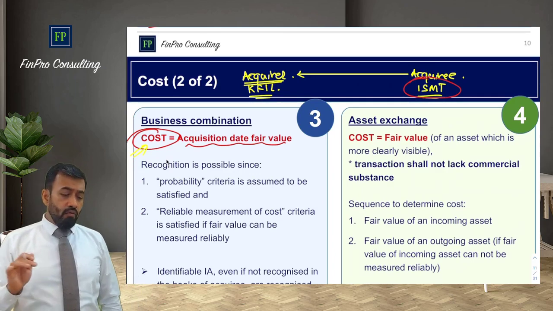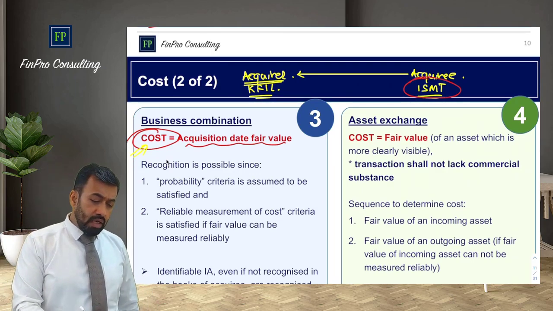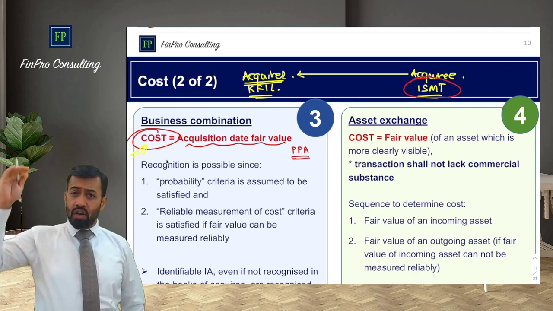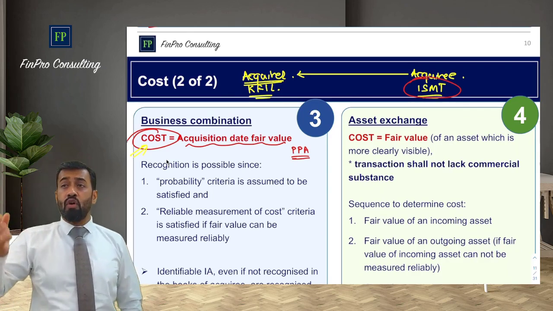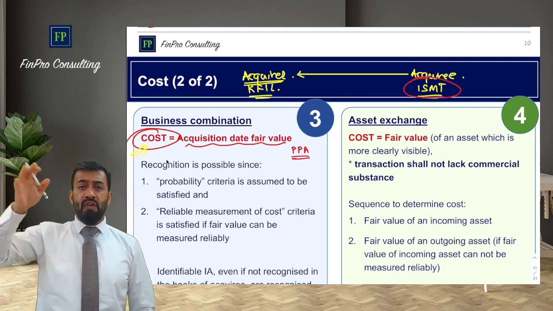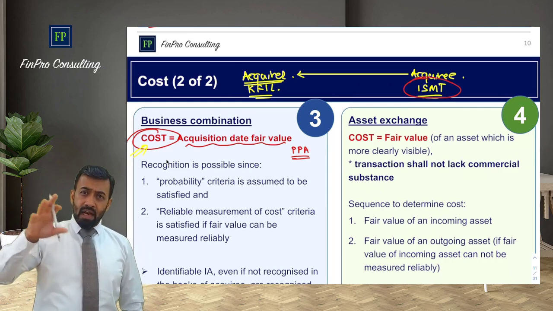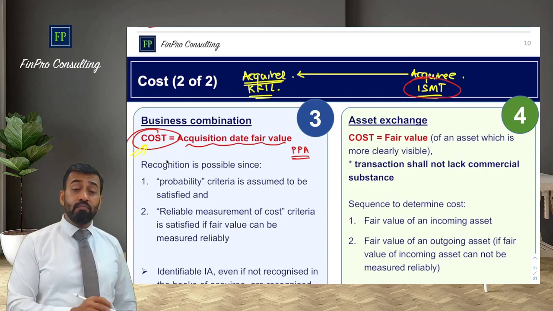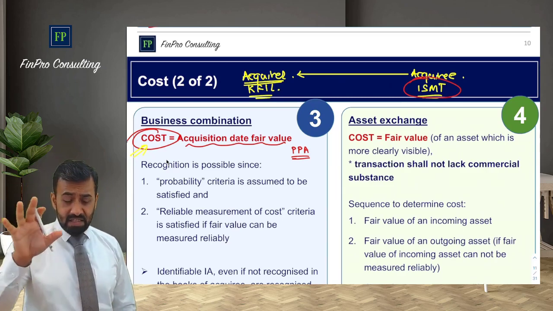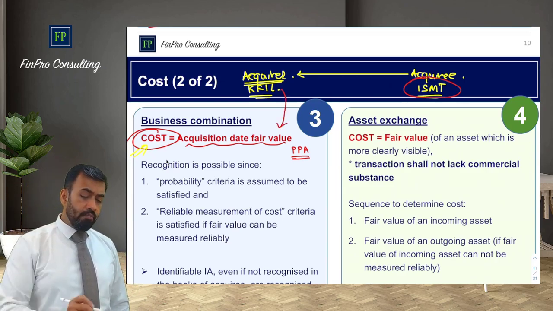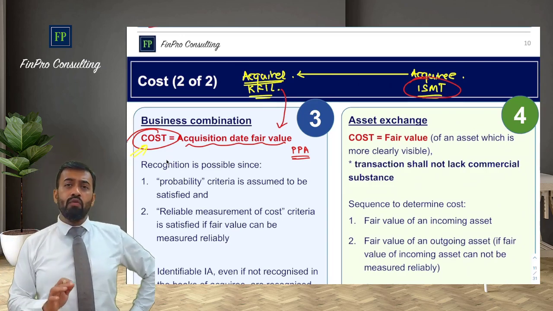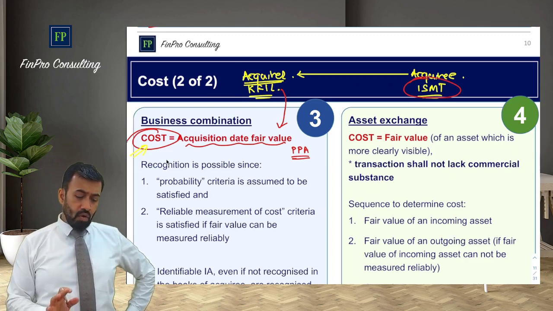Very simple. Where will you get these fair values? There is an exercise generally the acquirer is required to do, purchase price allocation. Whatever assets they acquire as a part of this business combination, they will do that fair valuation exercise, and accordingly those fair values will be considered as cost. This will happen in the purchase price allocation exercise, which the parent company will undertake, and they will find out this cost. Okay.